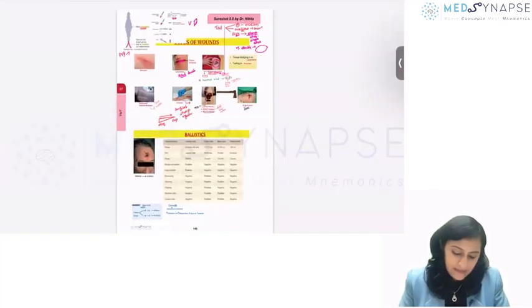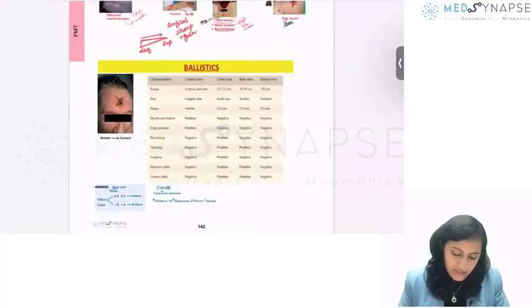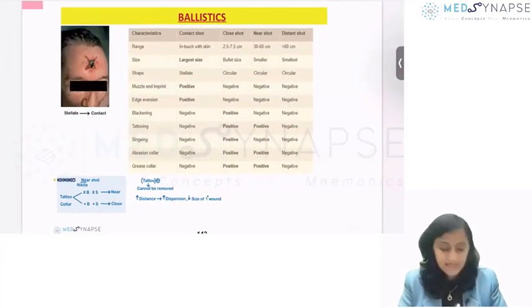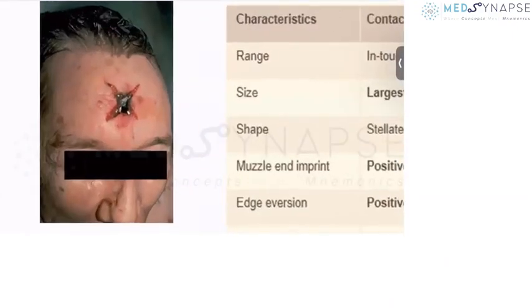Okay. So this is about the types of wounds. Going to ballistics, the firearm injuries. What range of wound is this? Contact. Okay, coming to your incised looking laceration and